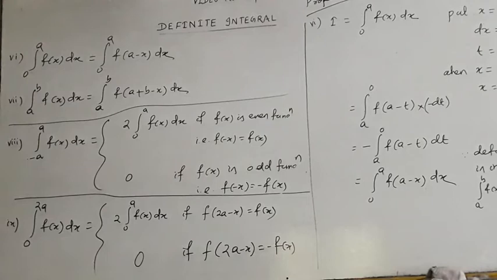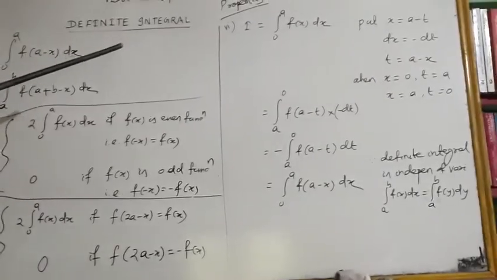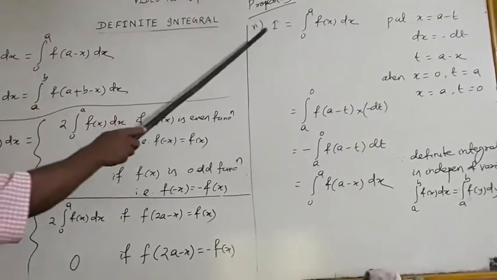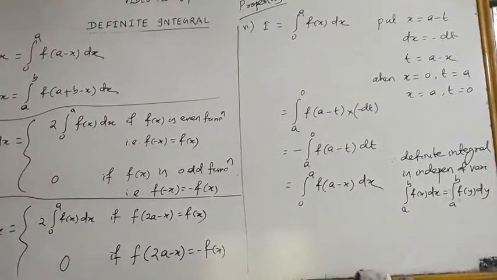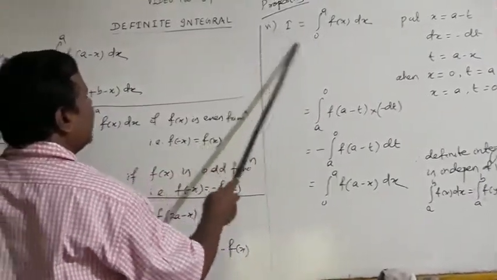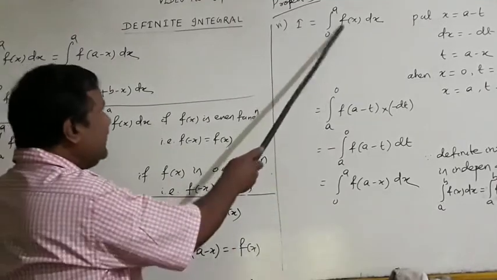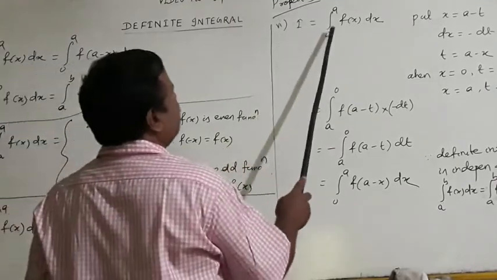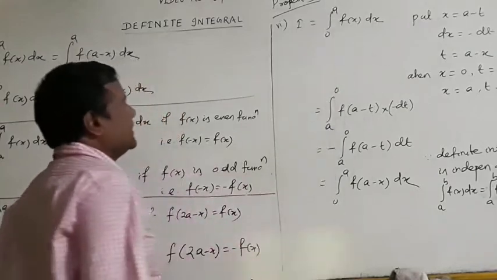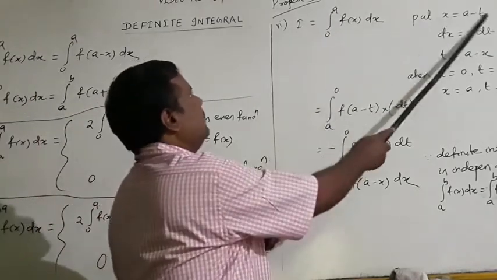Okay, and I will first explain why this is so. Look there, I am giving the explanation of this. Suppose I take the integral from 0 to a of f(x) dx and give it one name, I. Don't think of this I as anything else, that is the integral I. So I is equal to the integral from 0 to a of f(x) dx. Now put here, x is equal to a minus t.